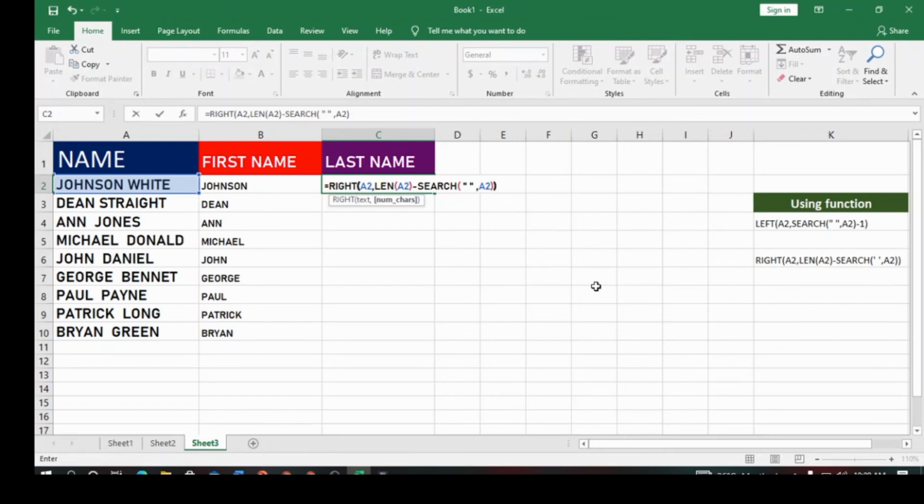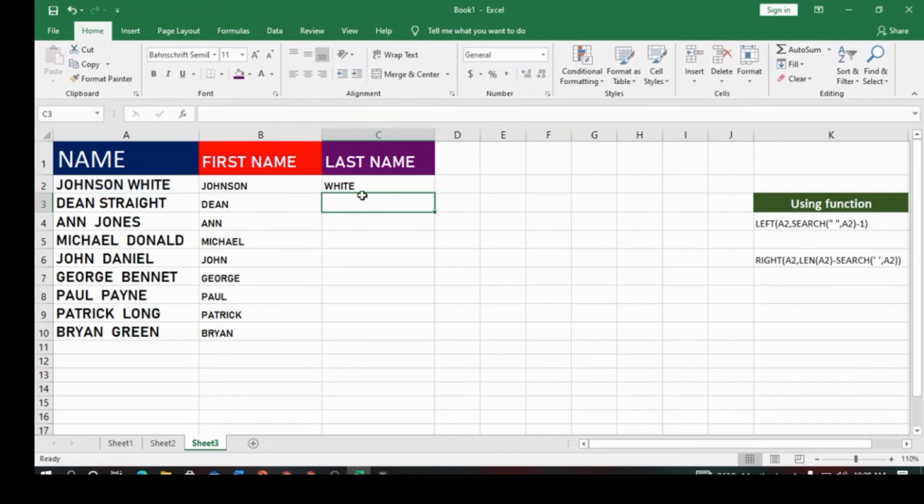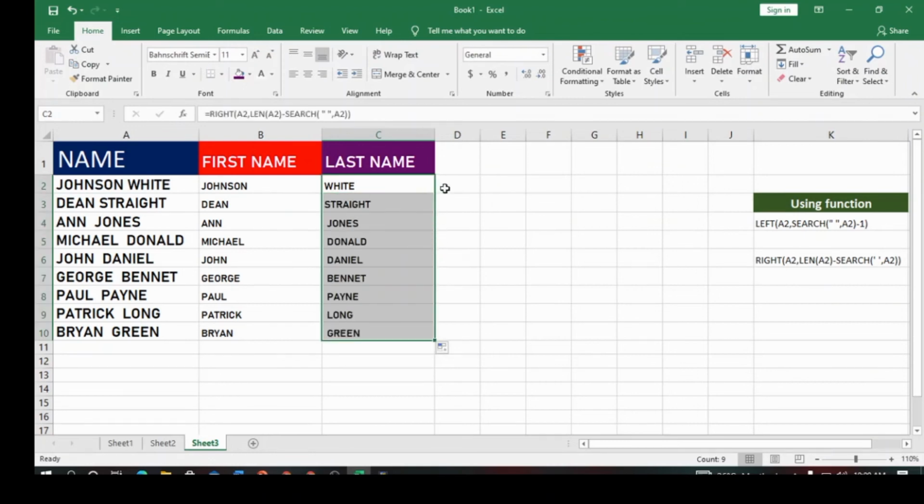Remember, right of the cell. You count the number of characters, then you delete the space. That is, search for the space and delete it. That is subtract: the number of characters minus search. So let's just hit enter. You can see White. So double click, or you drop it down. You can see this is how we can get the first name and the last name using the function